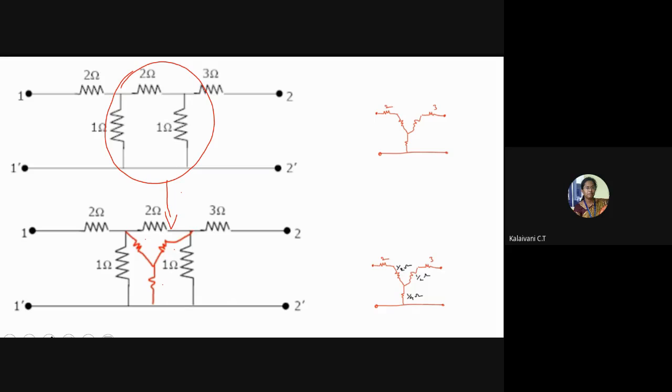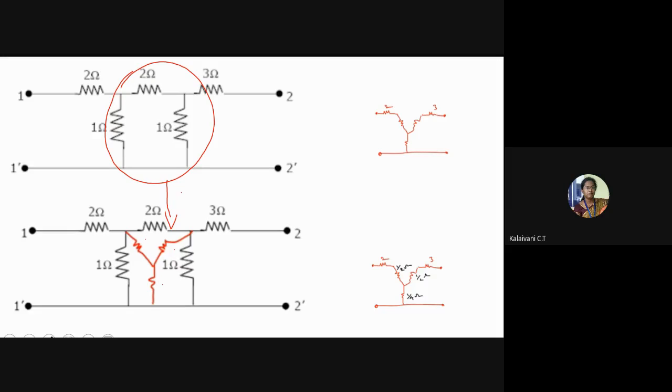Now here, when you take for this, we have to take 2 and 1. So it will be 2 into 1 divided by 4. So 2 into 1 divided by 4, what will be the answer? 1 by 2. Here also it is 2 into 1 divided by 4. This will be 1 by 2. Here it is 1 into 1, 1 divided by 4. So the answers will be 1 by 2, 1 by 2 and 1 by 4.